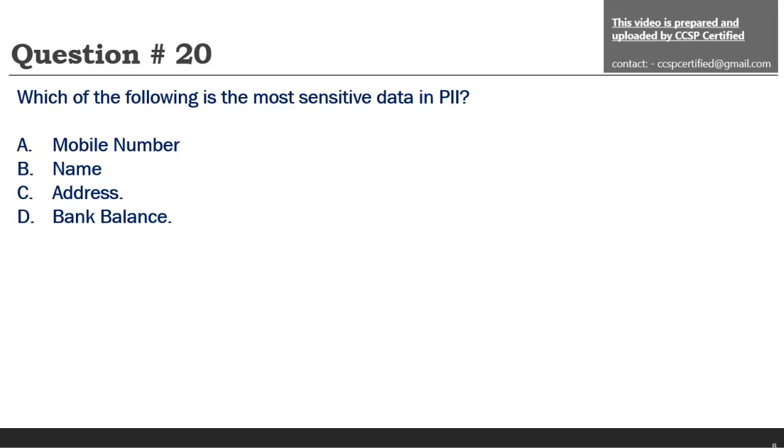Like if you have mobile number, name, address, and bank balance, and if you know these different privacy and security laws and standards, you will know which one of these is the most sensitive. But I will not tell in this lecture. This is up to you. You check my videos, do research. I have covered HIPAA, HITECH, GDPR, and financial laws also in my video lectures. There are 5-6 video lectures there. If you want, I can add those in the description also, but you can check them in the series. And you have to give the answer based on this.